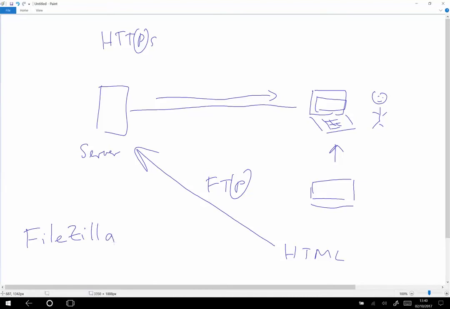There are lots of different FTP clients, but the one we are going to use is called FileZilla. It's free, and it's available for lots of different operating systems. So if you've got Windows, if you've got Apple, you can get FileZilla. If you download it, download the client version, because there's a server version. You don't want the server version, you want the client version.